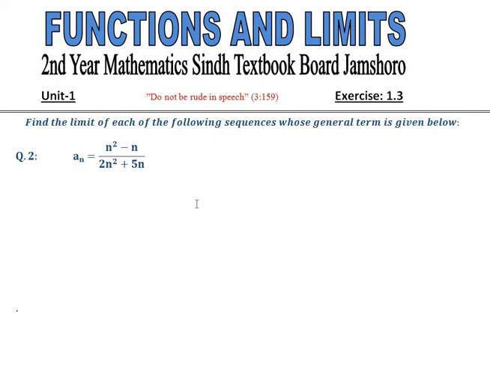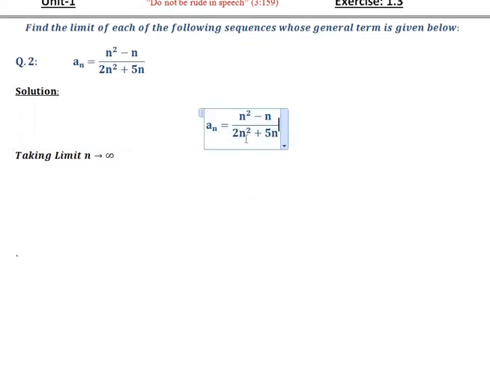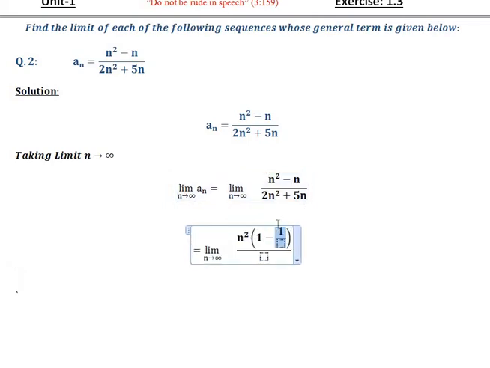Okay, so how can we find the limit? First of all, here taking limit n tends to infinity. Okay, so here you can see a_n is equal to (n square minus n) divided by (2n square plus 5n). So here we cannot directly apply the limit, so we have to choose different techniques, different methods. So suppose here we take n square common, so here only 1 and minus